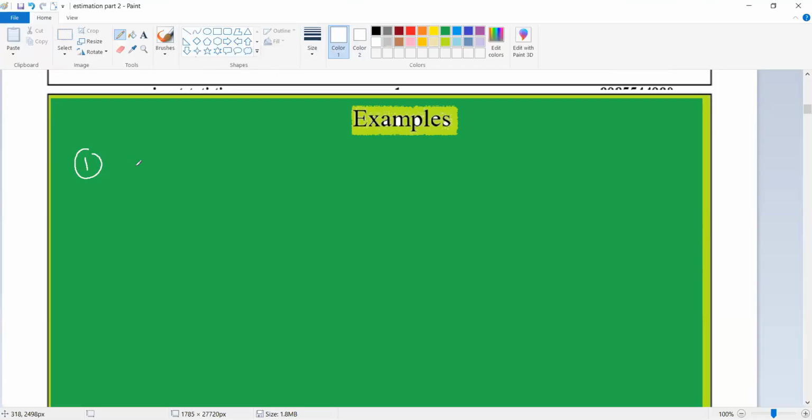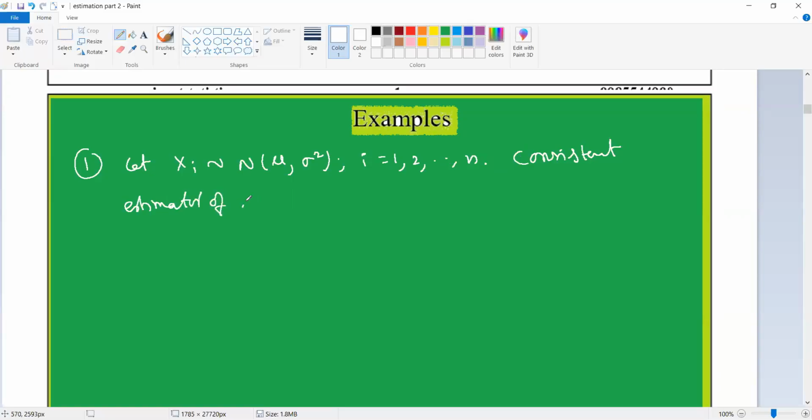Example 1. Let Xi follow N(mu, sigma square), i equal to 1 to n. Find consistent estimators of mu and sigma square. Solution. We know that